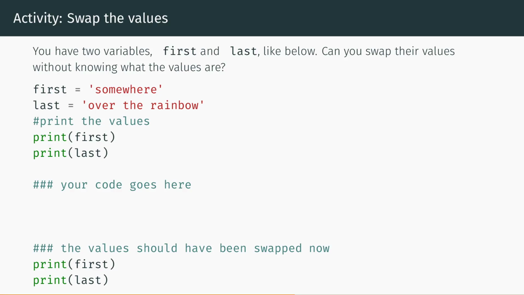Hopefully you tried doing that activity. If you did, just make sure that your code is somewhat similar to mine, right? And if not, just follow along. So the idea is that you don't know what these variables are, what the values of these variables are. This value could be anything. You don't know what first is and what last is, but without that knowledge, you still have to swap